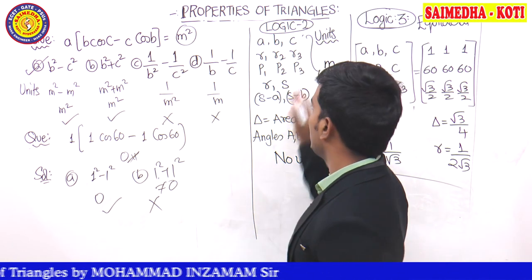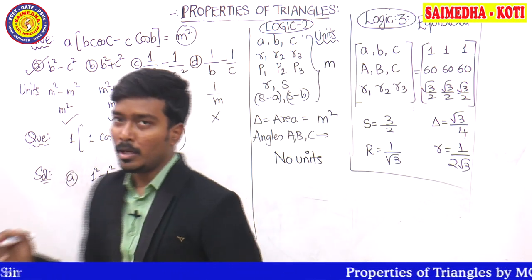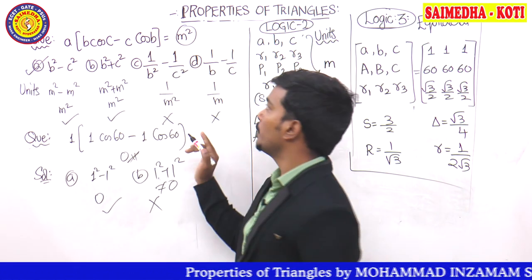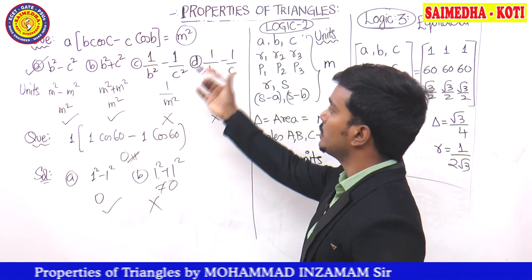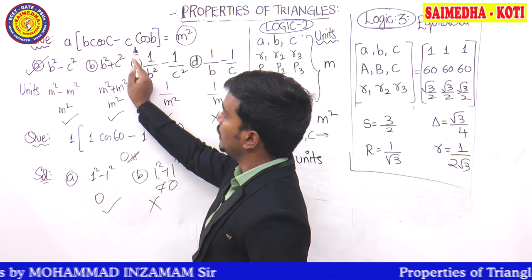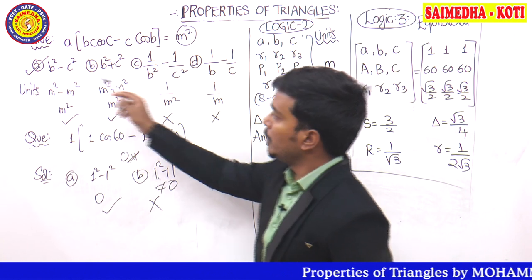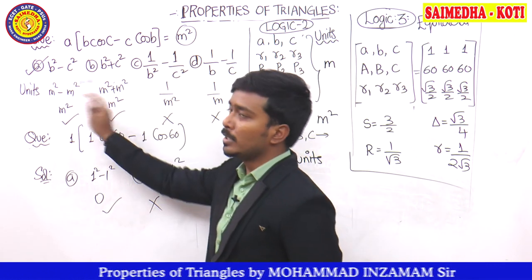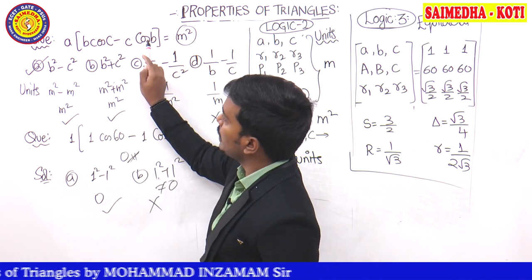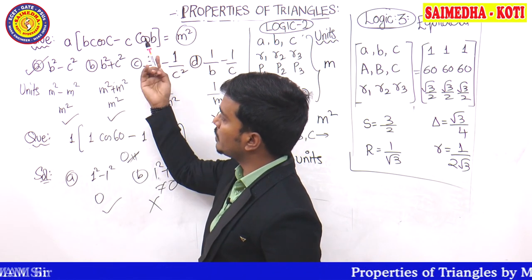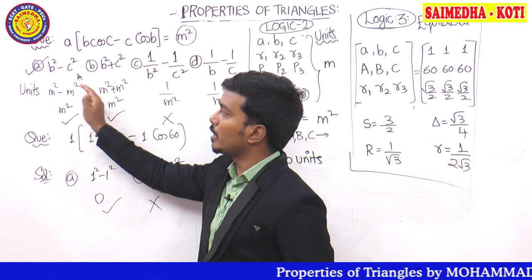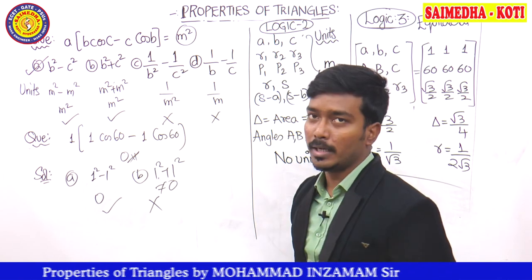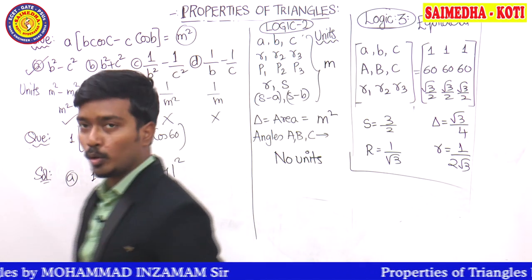One more time, let's try and remember logic 2 and logic 3. What is logic 2? Units. What is logic 3? Values. Logic 2 states that units are meter minus meter, meter into meter is what? Meter square. Meter square, 1 by meter square, 1 by meter. So these two are eliminated; these two must be the correct answer. Cos 60 minus cos 60 is 0. So which one is having the 0 now? 1 square minus 1 square or 1 square plus 1 square? Definitely option A. So option A is your correct answer, guys. Pause the video to note it down.